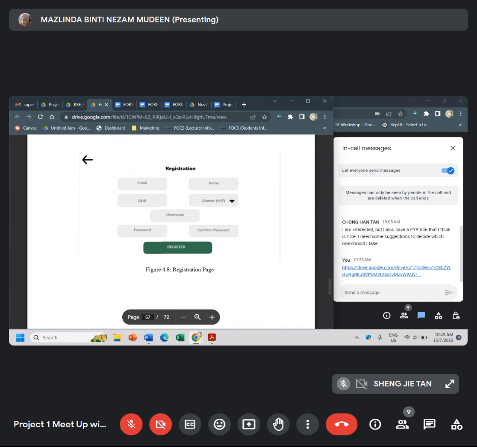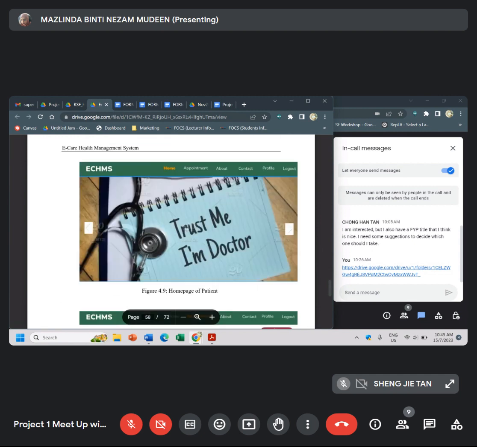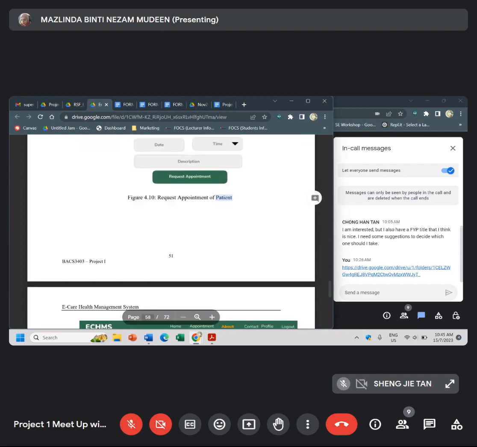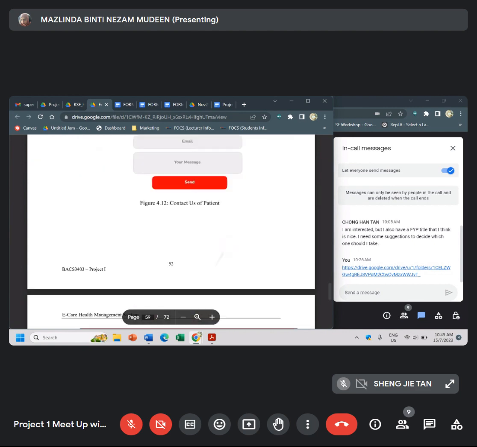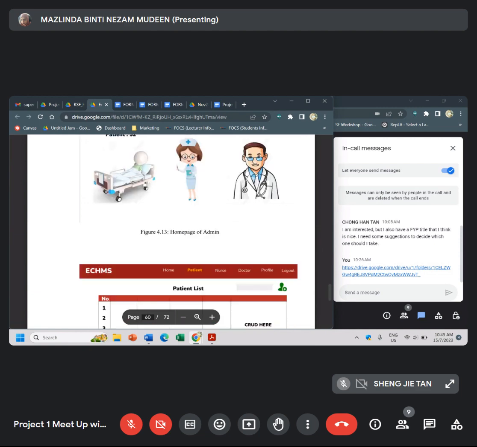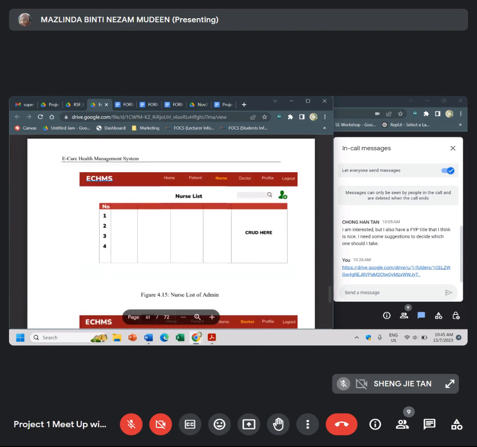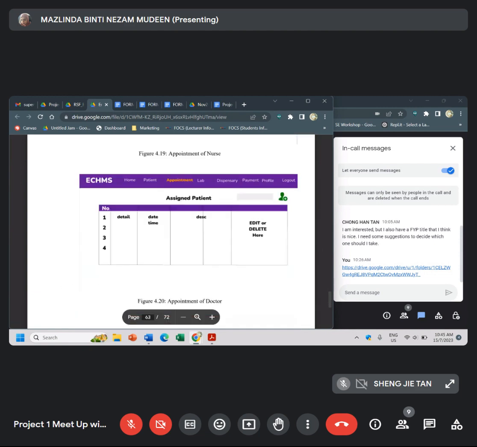So you come back to your chapter 4 and modify your UI design before your project 2 submission later, so that what you mention in the design tallies with what you have produced. So don't worry about coming back to improve your project 1 if there are any changes. There is no issue at all, unless it's a big change. I will not allow that. Okay, so all this is the UI design.